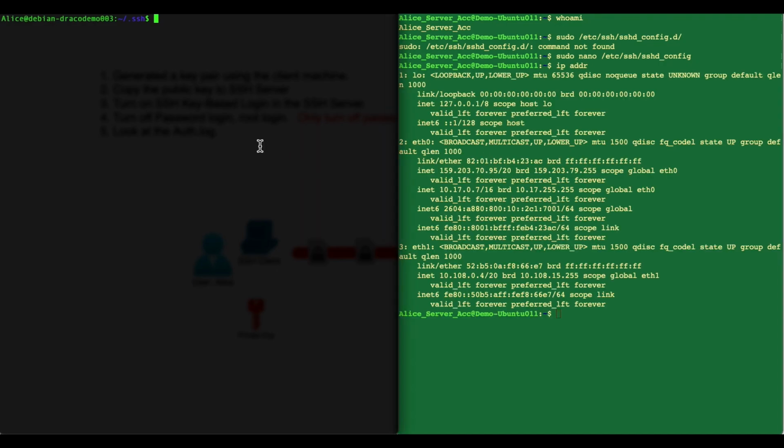So now we can do an SSH followed by the name of the account that you are trying to log into in the server, right? So which is the Alice server account, right? That's why I've created two distinctive accounts, so you know that we are now going to SSH into the Alice server account in the SSH server, or the Ubuntu server itself, right? Followed by the